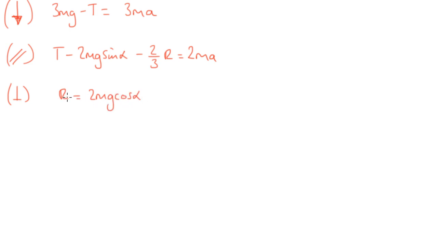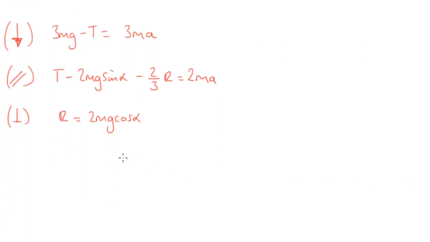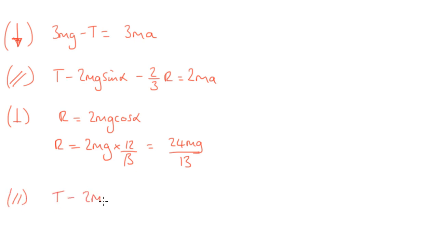That's going to allow us to find R, because we know cos alpha. Cos alpha is 12/13, which means I can write 12/13 of 2mg, so 24mg over 13. I've now got R, which means I can go and put that in here. So if we look parallel again, I can say that T minus 2mg, and I'm going to change sine alpha to 5/13, minus 2/3 of this